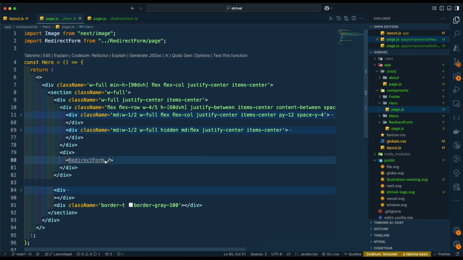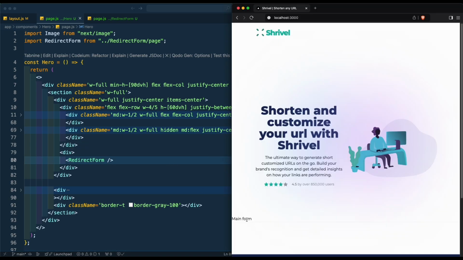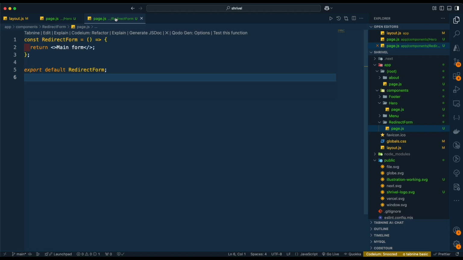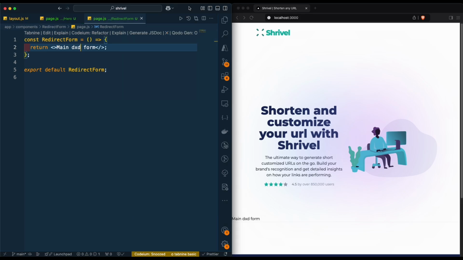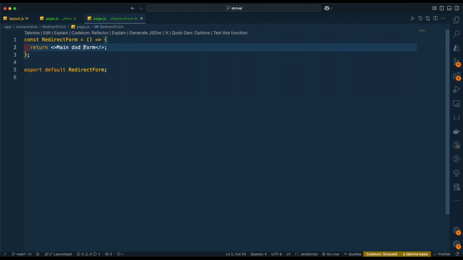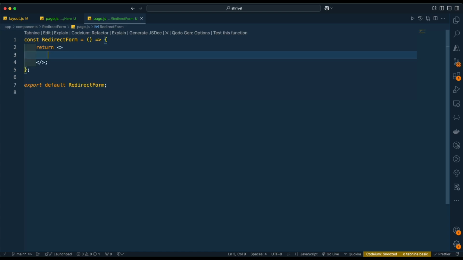So now if we try to see, we still see the same content. So if I change this and I save that, we are good to go. All right, so now that we have that information,